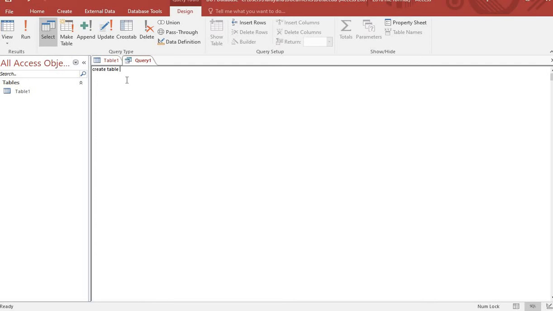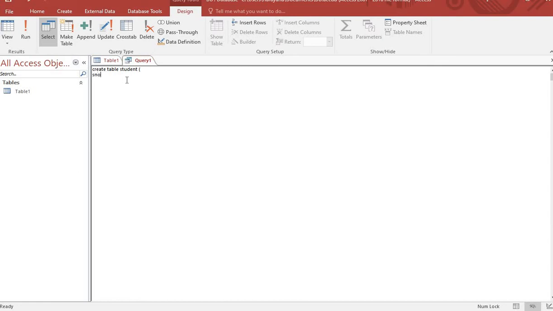Create table, and after that the table name, student, and then you have to open a bracket. Open bracket, and here I am entering field names in the student table.